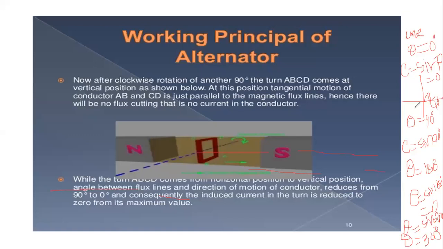What is the essential criterion for the EMF induced? That means the conductor, the magnetic field, and the rotation of either the conductor or the magnetic field. Relative motion between the conductor and the magnetic field is the essential consideration for the EMF induced in a machine. Understand me? That is the basic difference between the working principle of the alternator and the DC generator. Therefore, the working principle for both the alternator and the DC generator is Faraday's laws of electromagnetic induction.